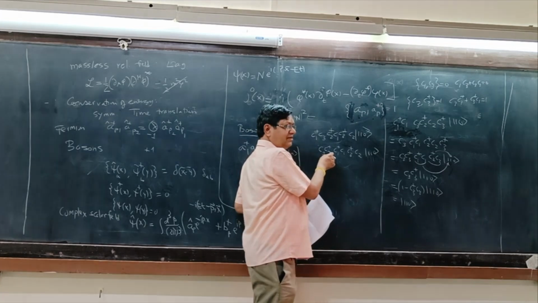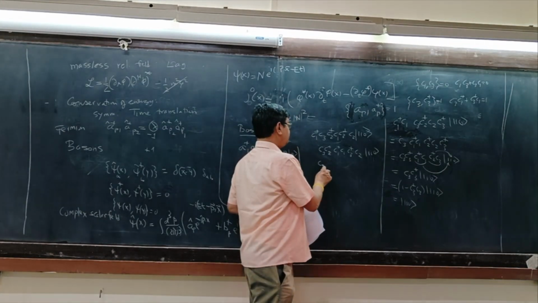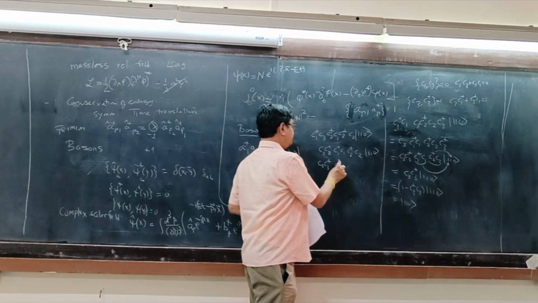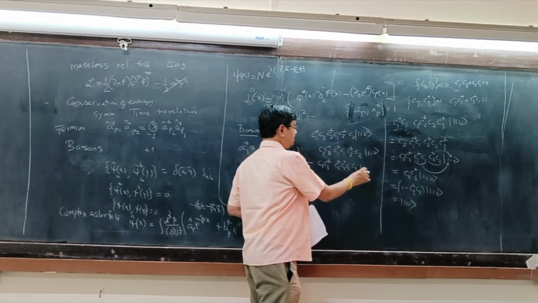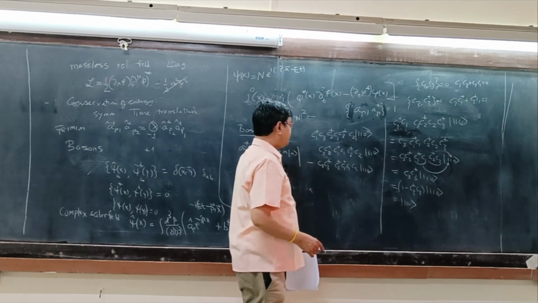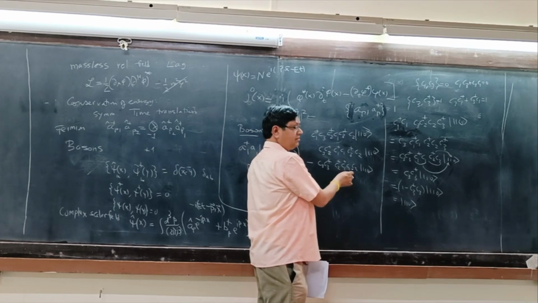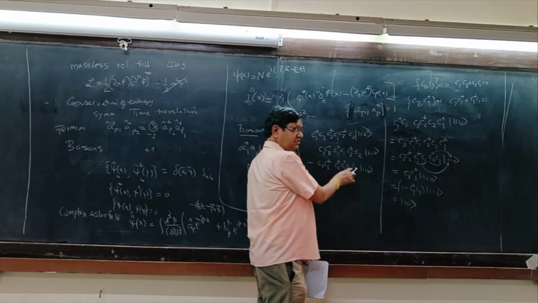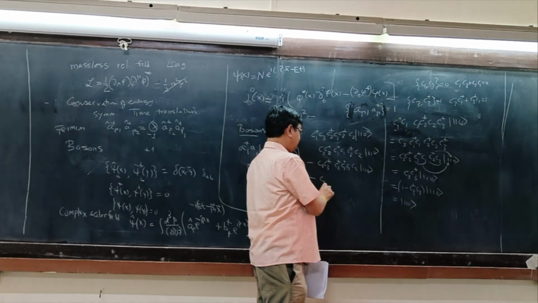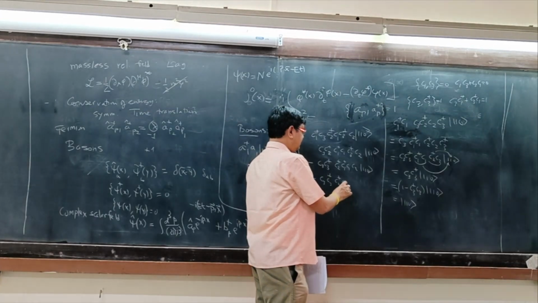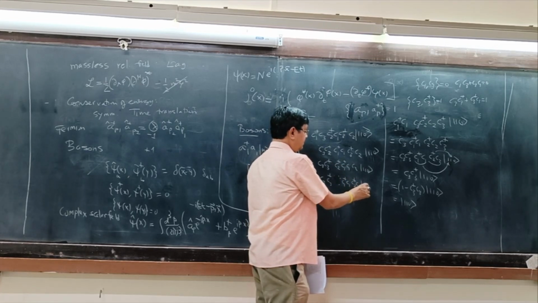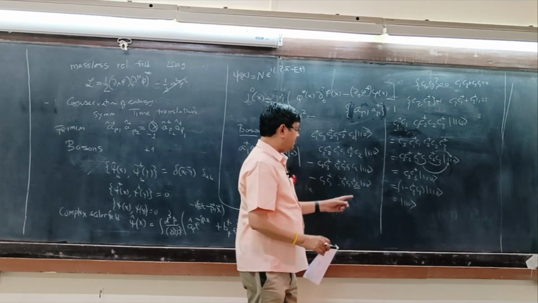So now I want to bring C3 to the left. 1, 2, 3, so minus. So C3, C3 dagger, C2 dagger, C1 dagger, C1, C2 dagger, minus. Now I can take this to the right. So 2 hops means plus 1. C3 dagger, C2 dagger, sorry, C1 dagger. So I'm taking to the right. So C1 dagger, C1, C2 dagger, C2.